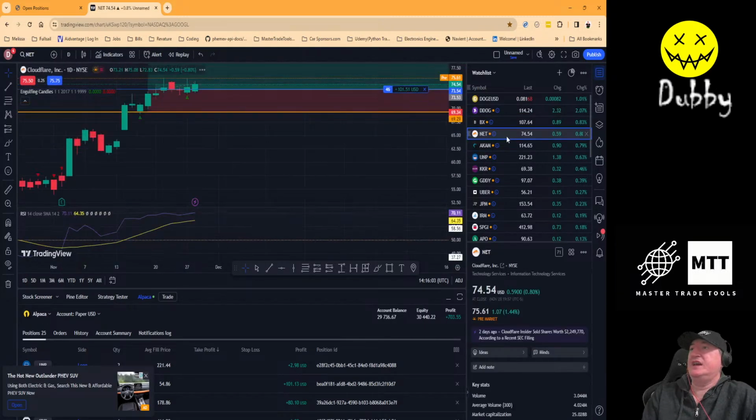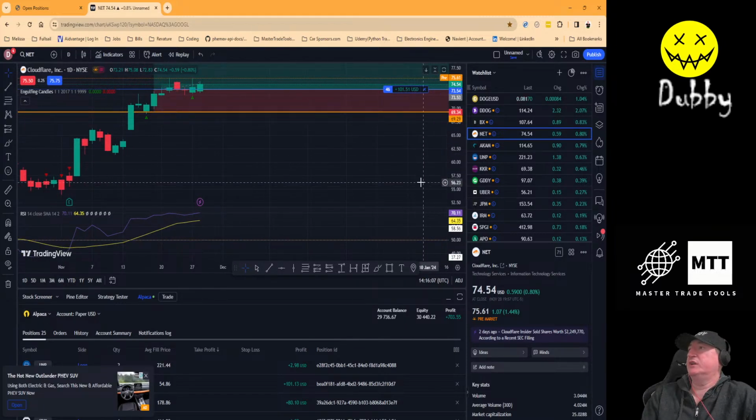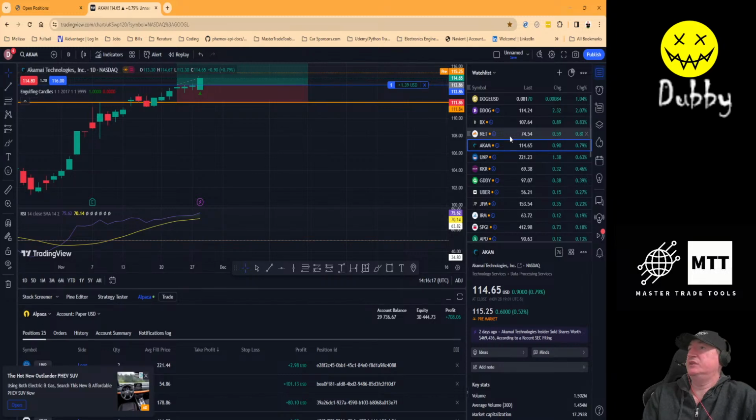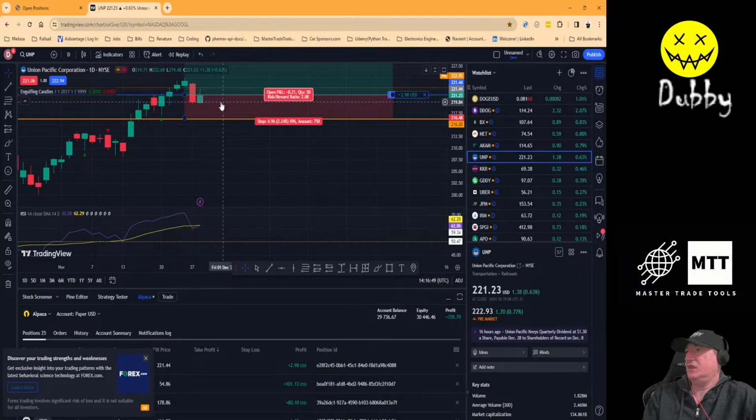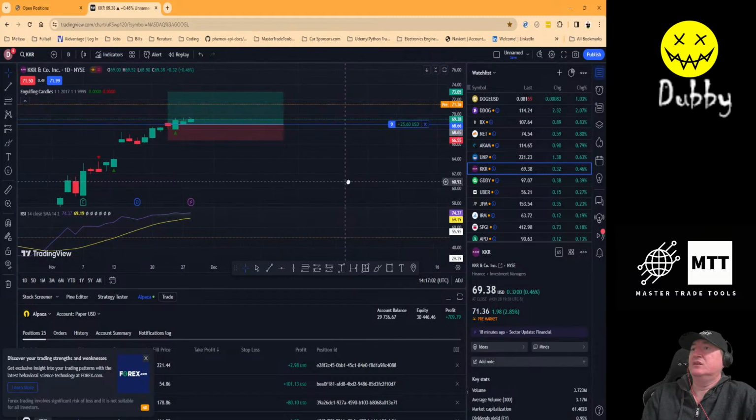And then looking at NET, we're at $100 profit on that with some more pre-market movement of about 10 cents a share. Then moving on to ACOM, some more pre-market movement, about 60 cents. And then UNP, Union Pacific. It looks like we've got a little bit of a bullish signal from the pullback that occurred yesterday, and it might actually get us out of our red range and put us into our actual take profit range. A little bit of pre-market movement, about $1.50 a share, so that's looking pretty good too. KKR,